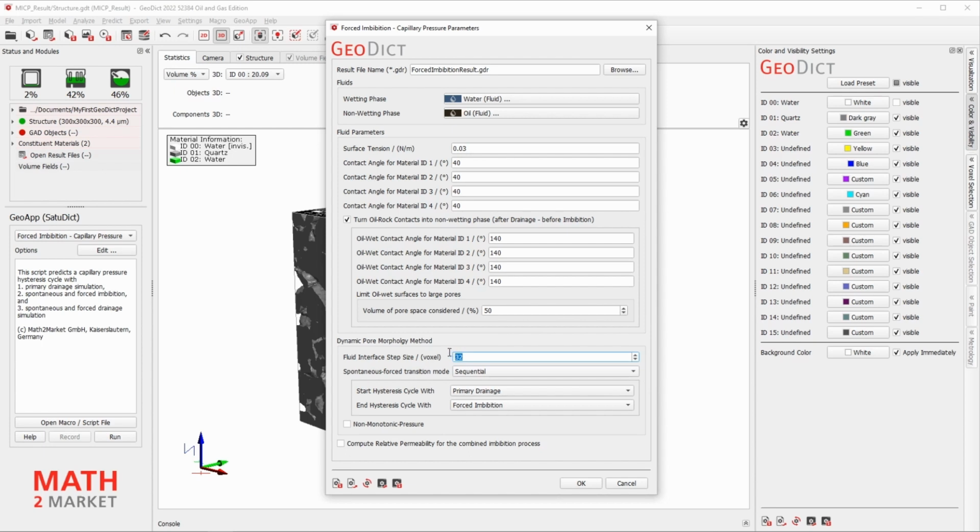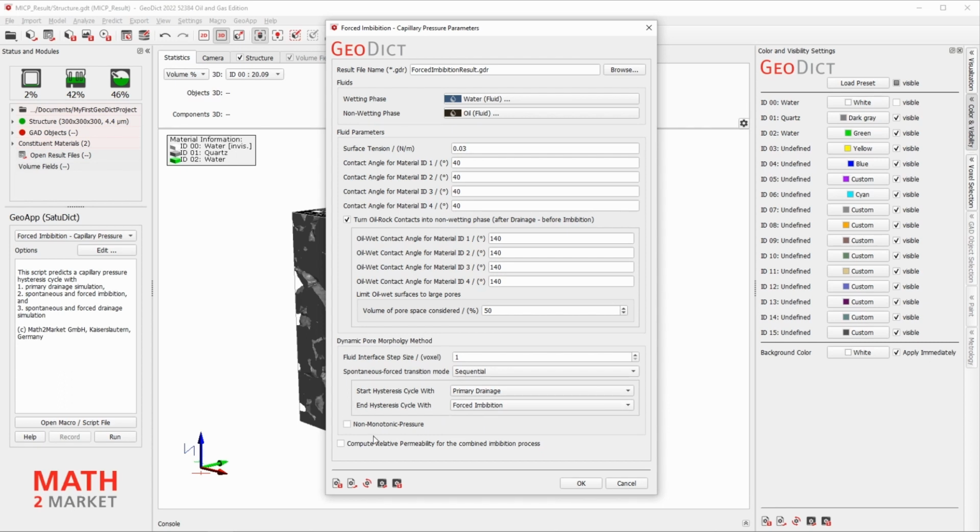You may change the fluid interface step size from 32 to 1. Leave the spontaneous force transition mode to sequential. And choose primary drainage as your start of the hysteresis cycle, and end the hysteresis cycle with forced imbibition.